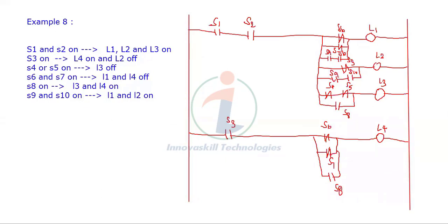So this is how the basic concept using NO and NC logic should be done in series and parallel. Based on the combination of what we need, we have to assume the logic properly and we have to do the program.